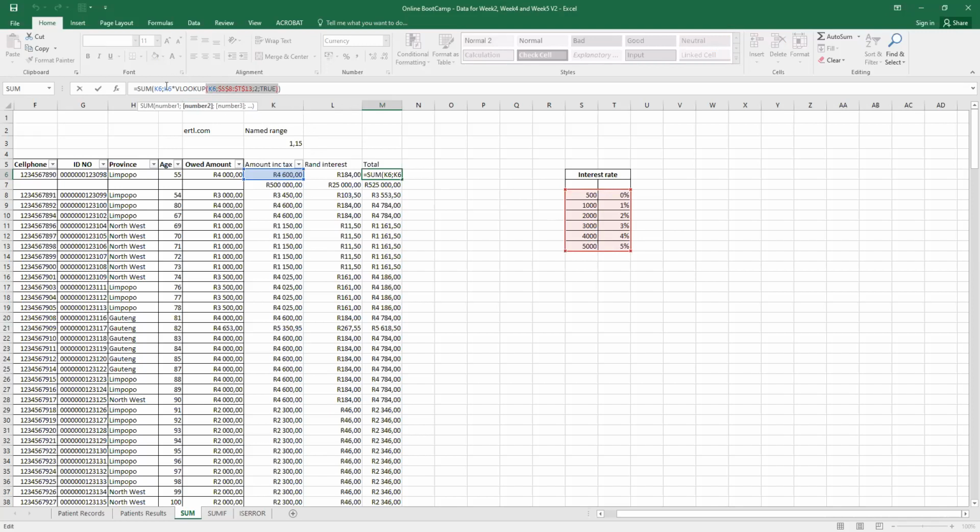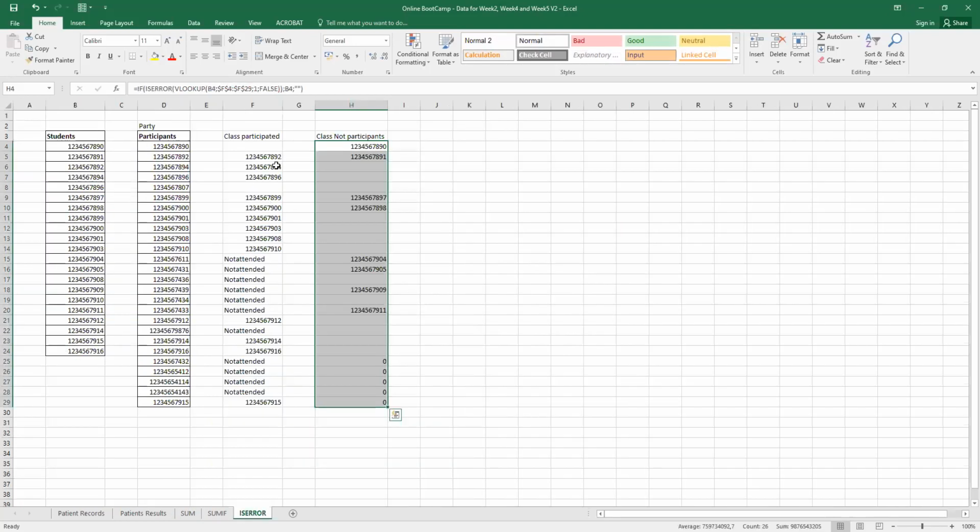After there, we need the total for that month. Then you must sum the value with their interest. Yeah? And then I went to ISERROR or IFERROR. So there are 2 things. We use the normal VLOOKUP here just to check